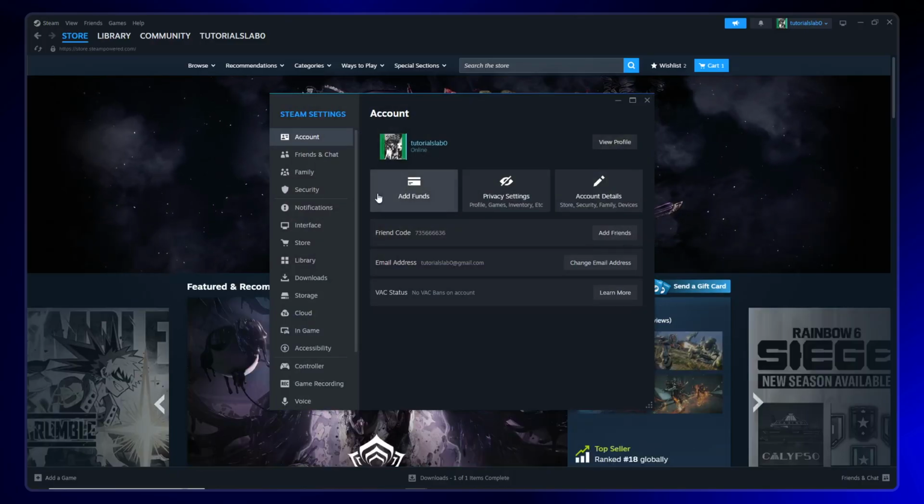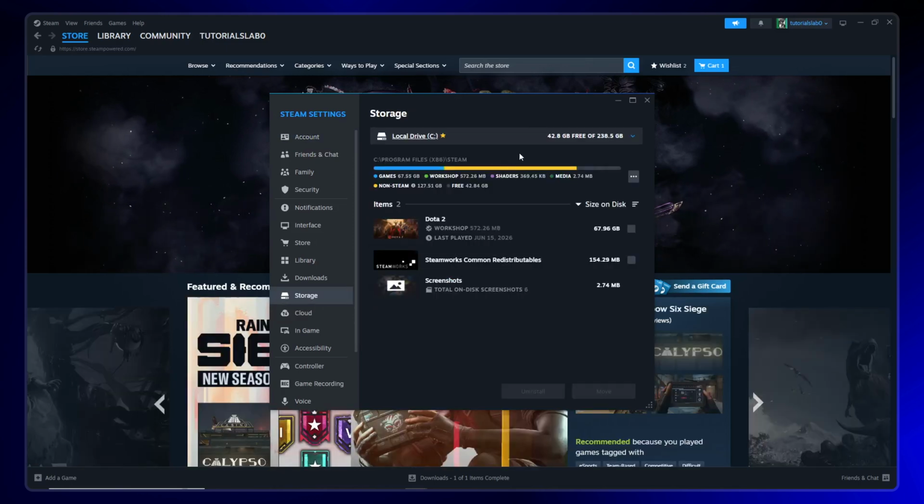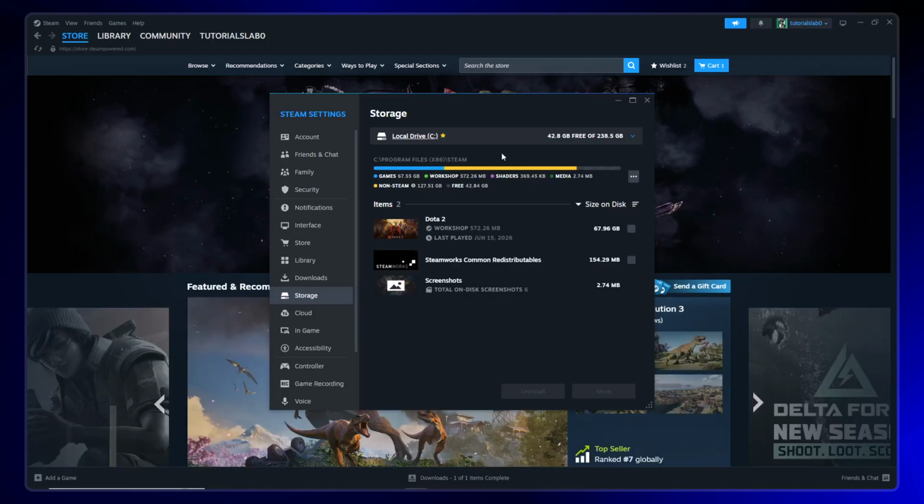In the settings window, look at the left panel and click on Storage. This section is specifically designed to manage where your games are installed and stored on your computer. It gives you full control over which drive Steam uses for your game library, making it easy to expand your